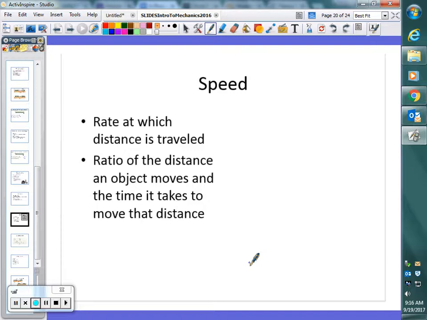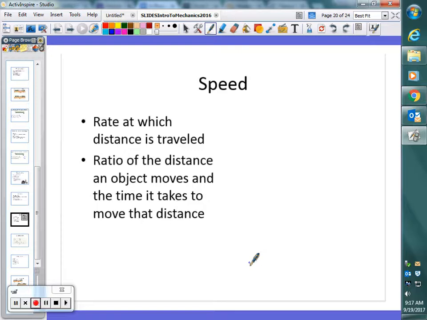Thinking about going back to math class, and we'll talk about this several times throughout the year. When we describe something as a rate, that implies that we are comparing it to what? Yes, but there's something specific that other thing is. If you read the definition that's up on the board, you might be able to figure it out. Time, right? How long does it take? Whatever we describe as a rate, we're always comparing it to time. So speed is the ratio of the distance an object moves and the time it takes to move that distance,